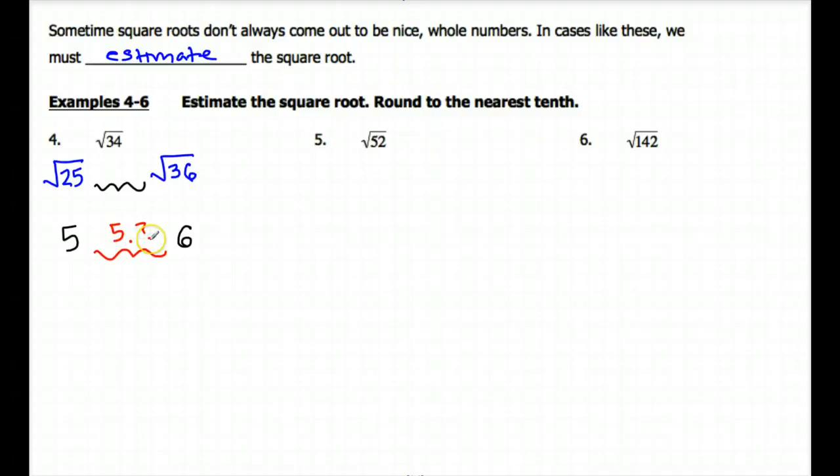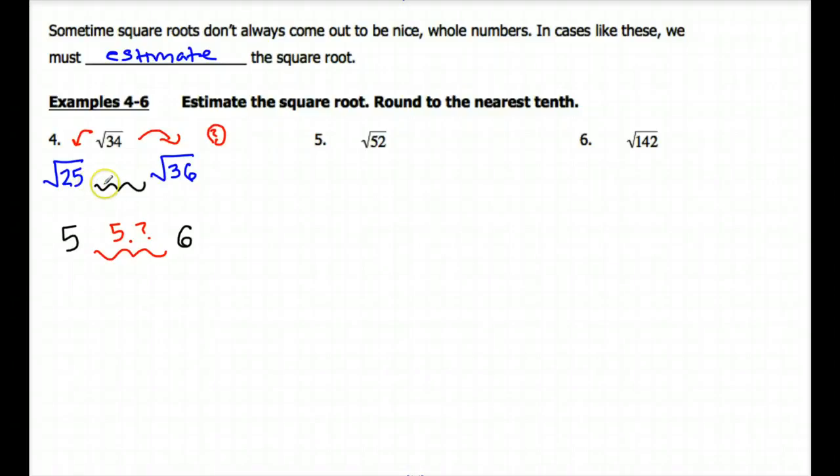Okay, the question is, what's that something? 5 point what? The way you do that is you figure out what 34 is closer to. Is it closer to 36, or is it closer to 25? If you're good with subtraction, you hopefully can see that 34 is a lot closer to 36 than it is to 25. If you think about a number line, 34 is 2 away from 36, it's 9 away